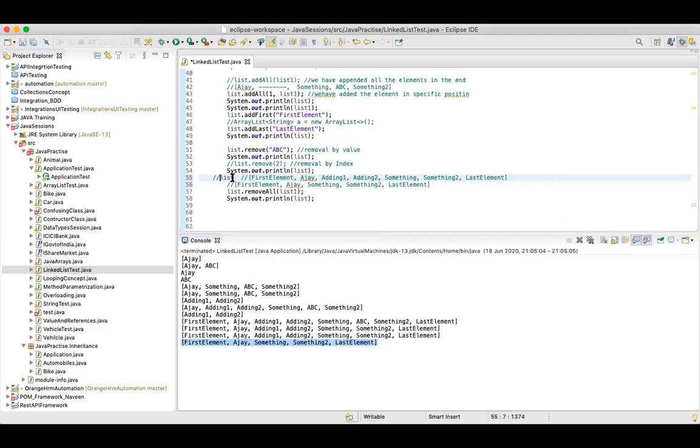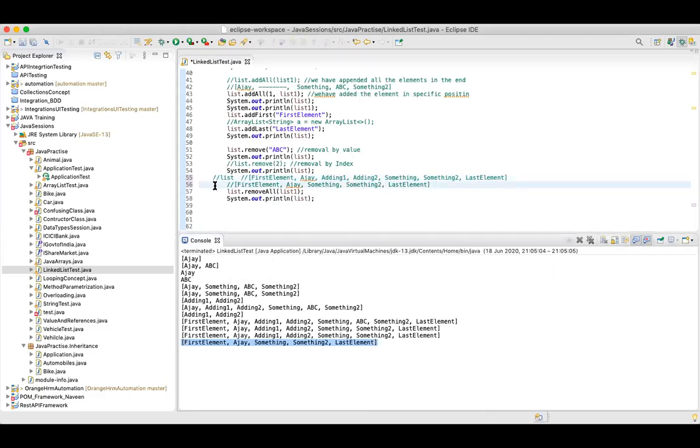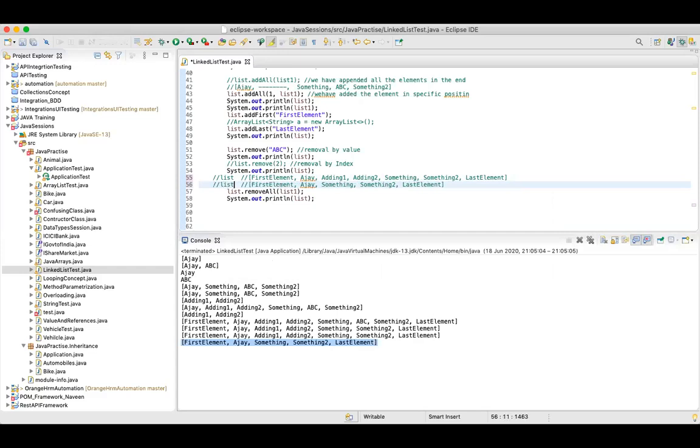But adding 1 and adding 2, these two elements were added in this list from list 2.